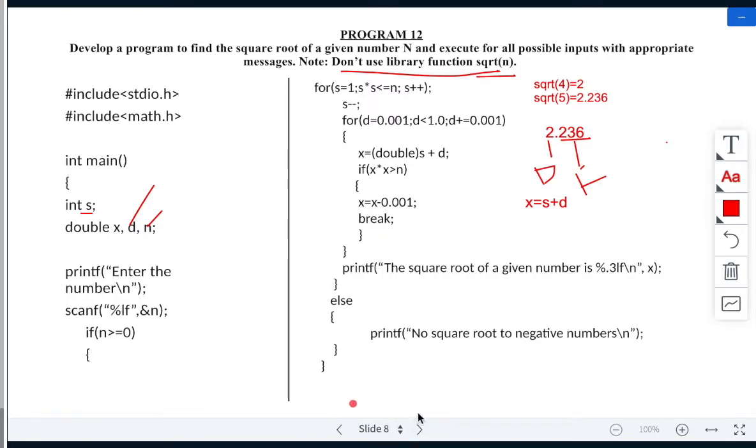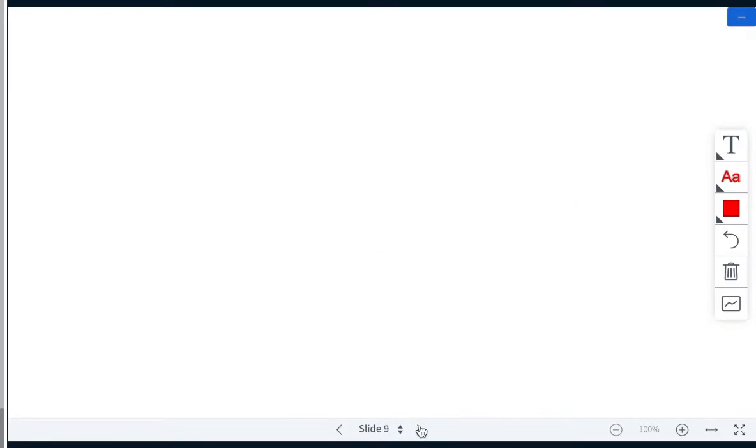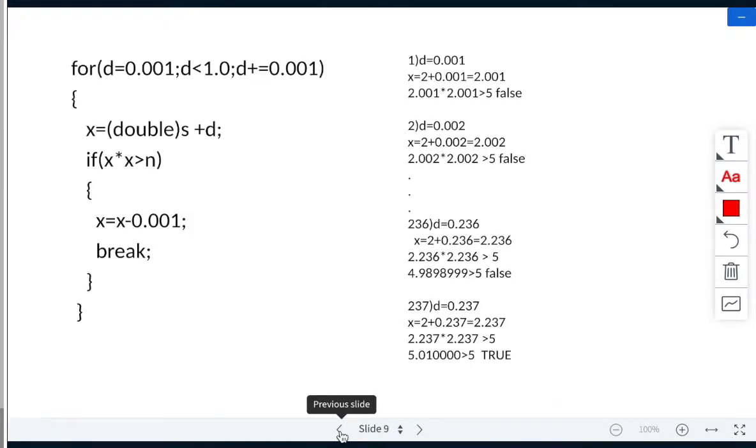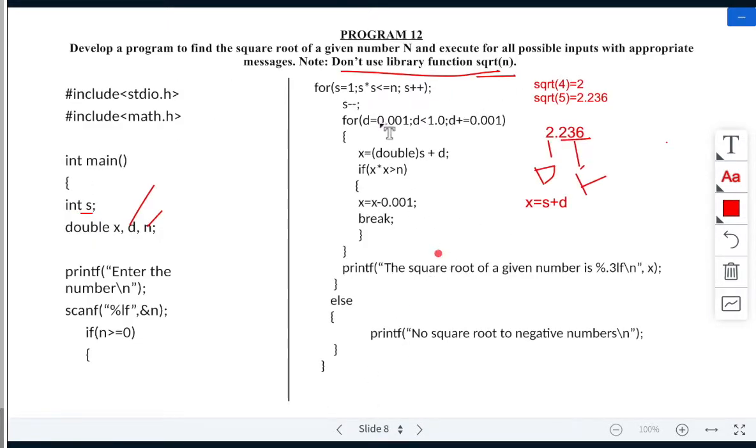Now let's execute this program. First I'll explain. I'll execute this part. I'll write here: s is equal to 1. So s is equal to 1 the first time.